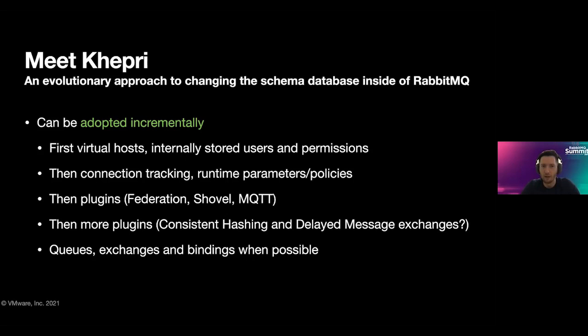So Khepri, being a new distributed subsystem, can be adopted incrementally. For example, we already have a prototype that uses it for virtual hosts, users, and permissions. Because those objects are very simple, they fit into the key value model beautifully, we can easily start with just that. Then we can do things such as connection tracking or runtime parameters and policies, because again, it's either a key value data model or a nested key value data model, meaning your values are also maps, right? And we can do the same thing for plugins, Shovel and MQTT,